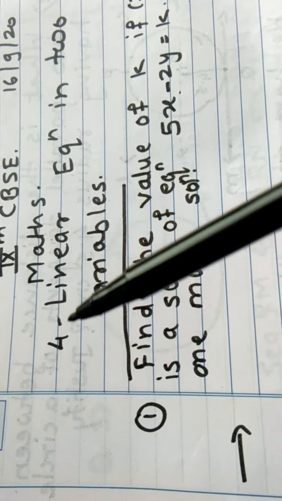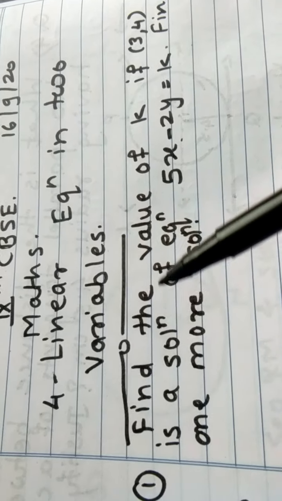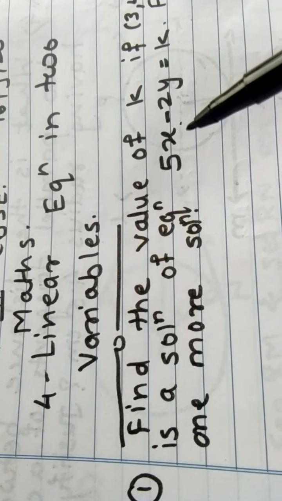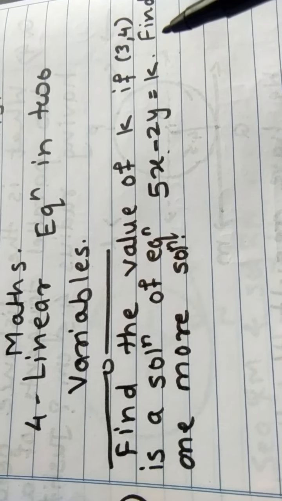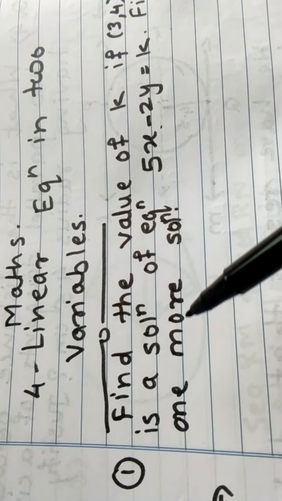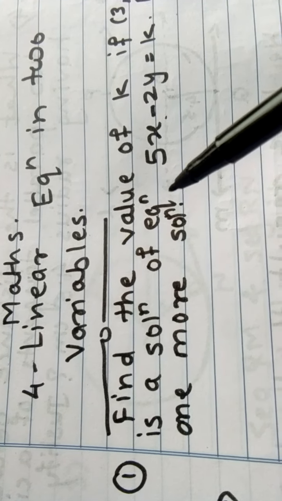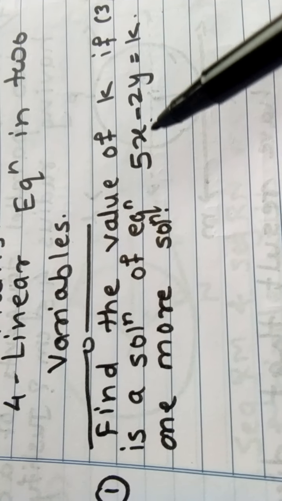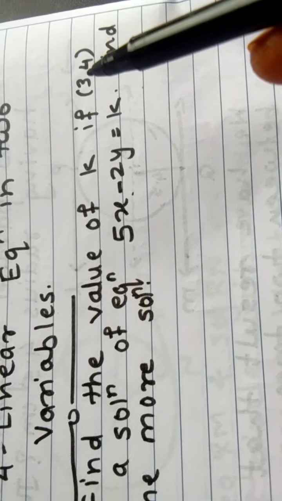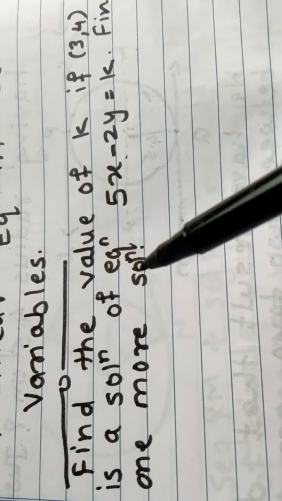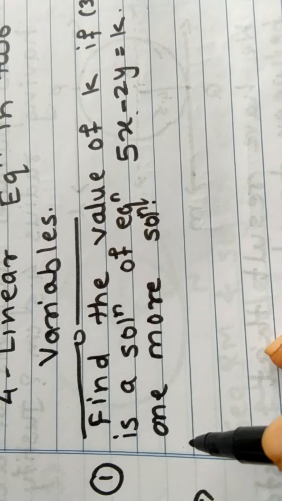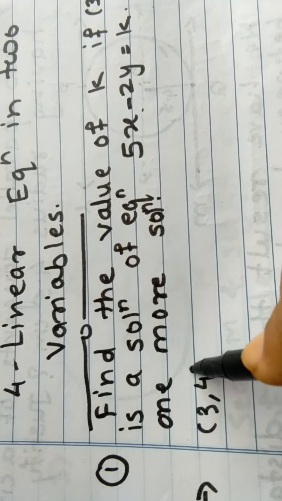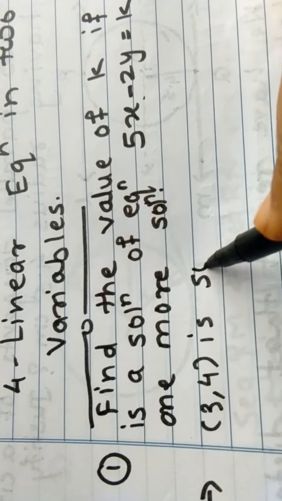See today's first example. Find the value of k if the point (3, 4) is a solution of the equation 5x minus 2y equal to k. Find one more solution also. Now see what we have to do. We have to find the value of k if the ordered pair (3, 4) is the solution of the equation. As (3, 4) is the solution of the equation,